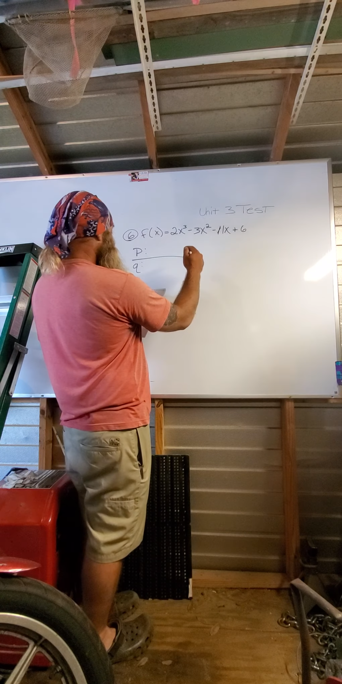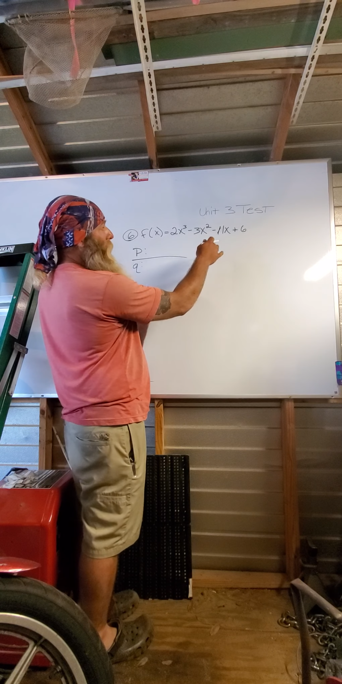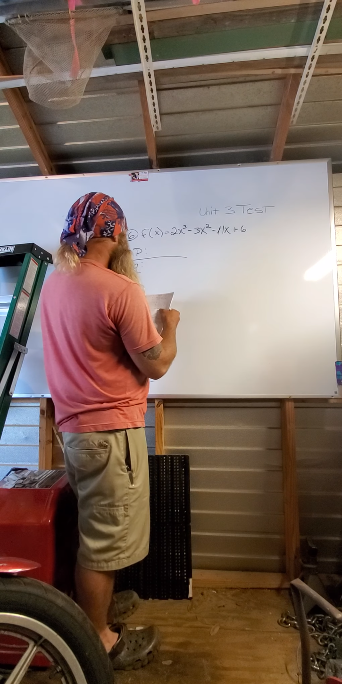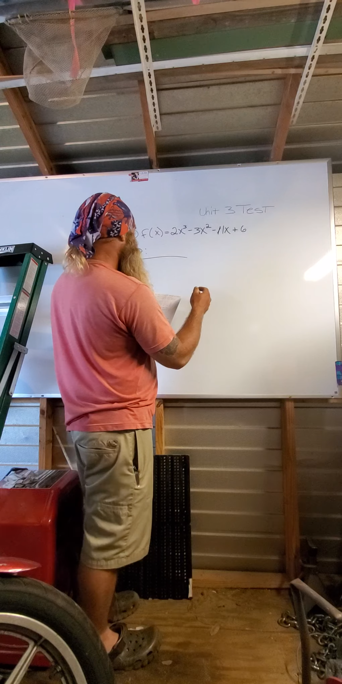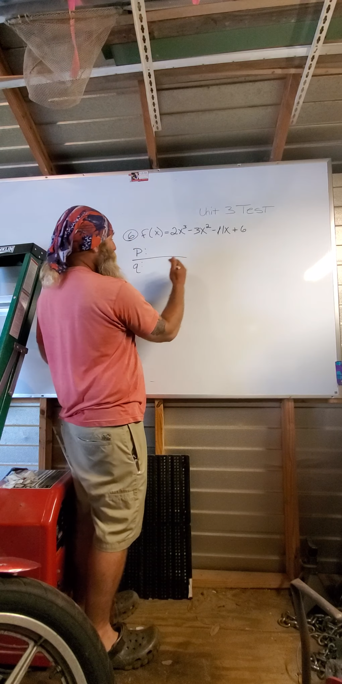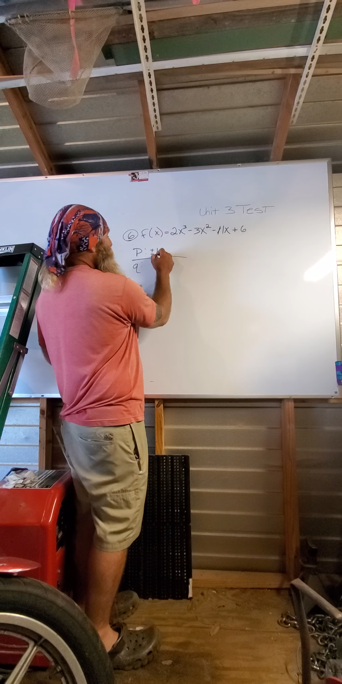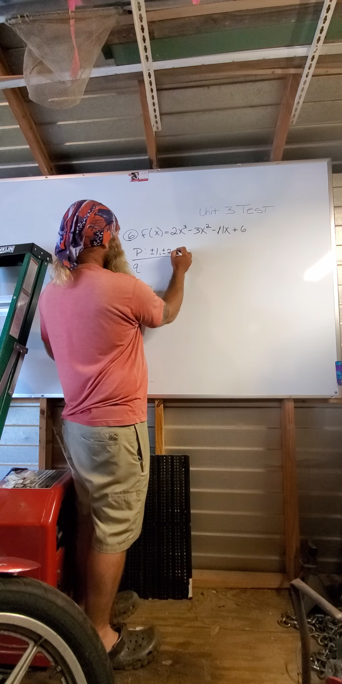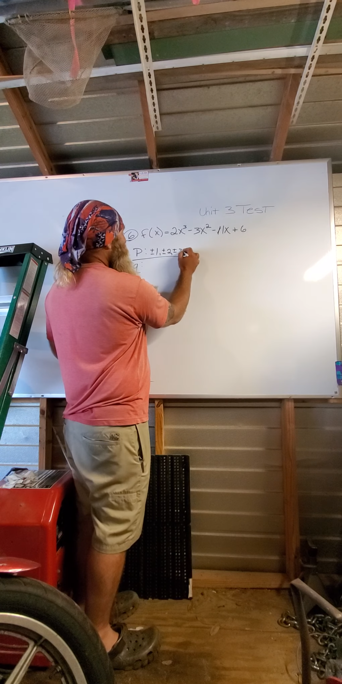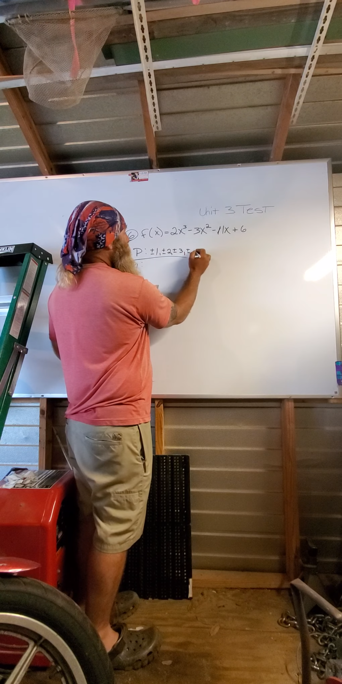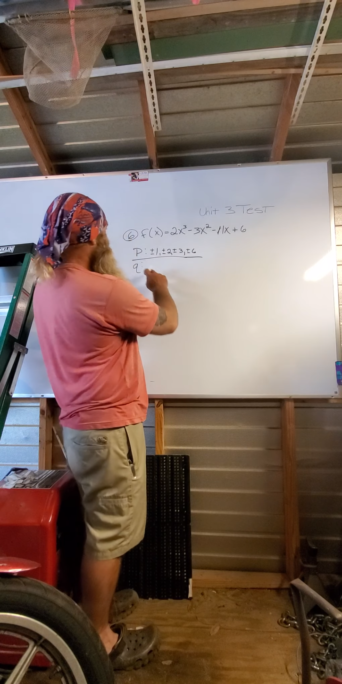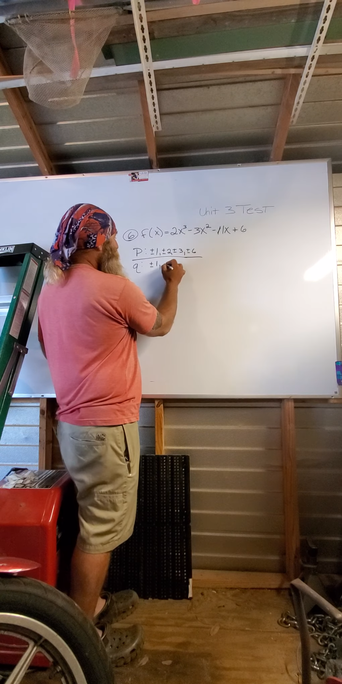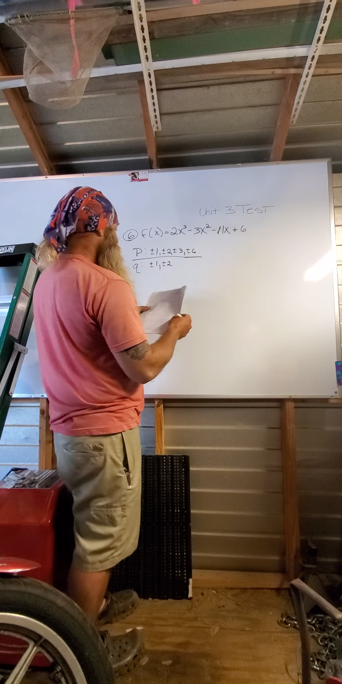P's are all the factors of the constant term, and Q's are the factors of the leading coefficient. So P is a factor of the constant term, which is 6. So all the factors of 6 are plus or minus 1, plus or minus 2, plus or minus 3, plus or minus 6. Okay? Q, the leading coefficient's factors are plus or minus 1, plus or minus 2, which leads us to